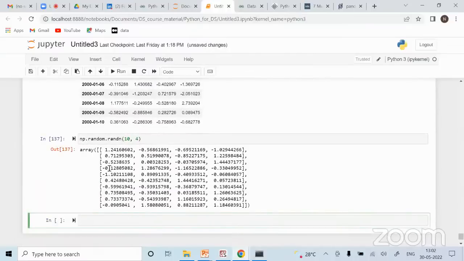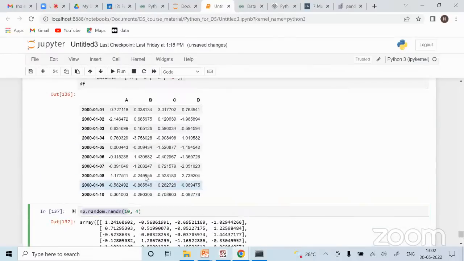What it does is, it generated an array of 10 by 4, where 10 observations are there and 4 columns are there. So it has generated those random numbers. We learned how to create an array at that time, right? So now this array has been generated.